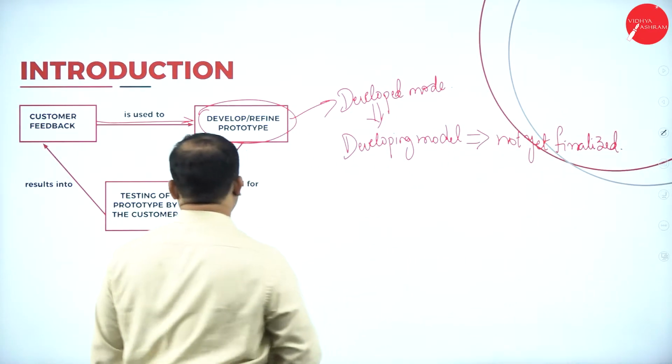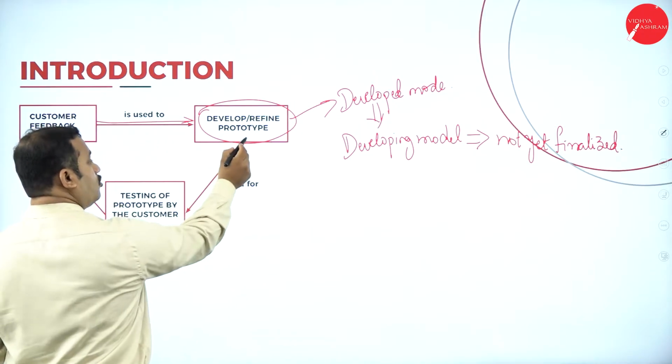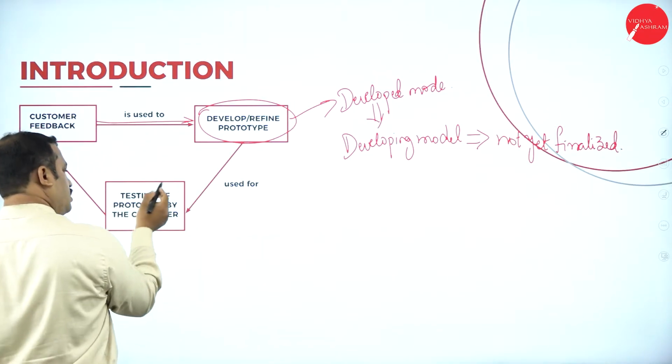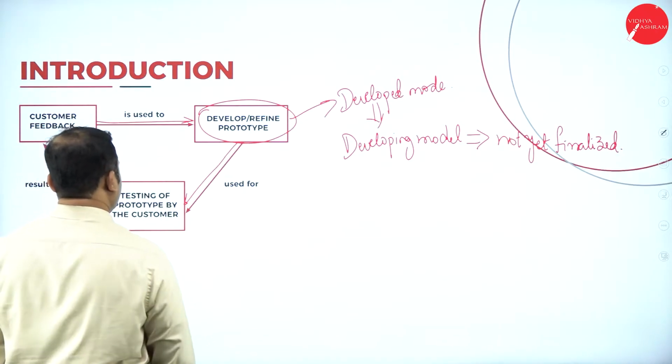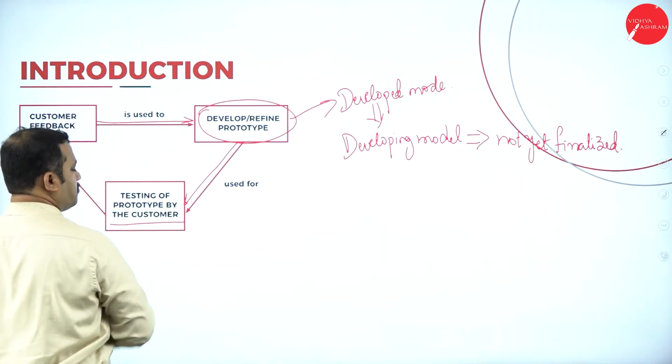That is called a prototype model. A prototype is developed here. Once the prototype is developed, we will give it for testing by the customer, because the customer needs to